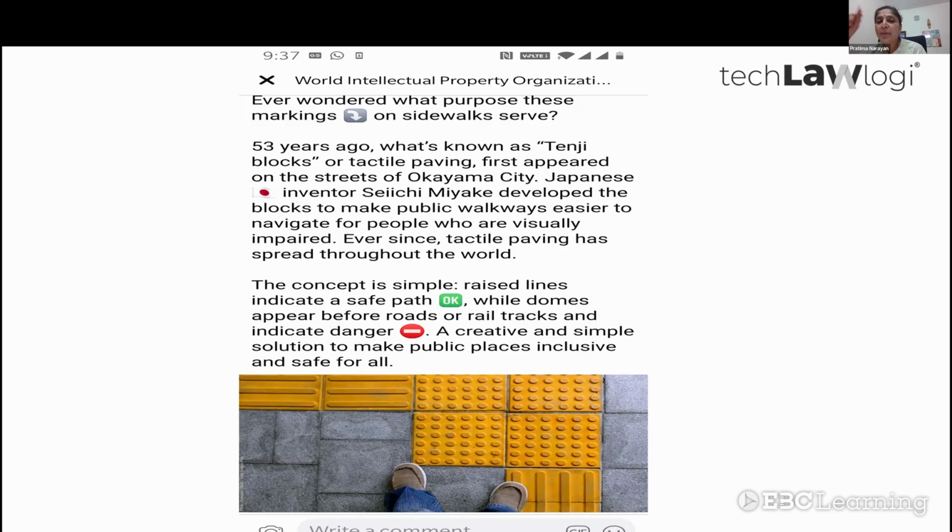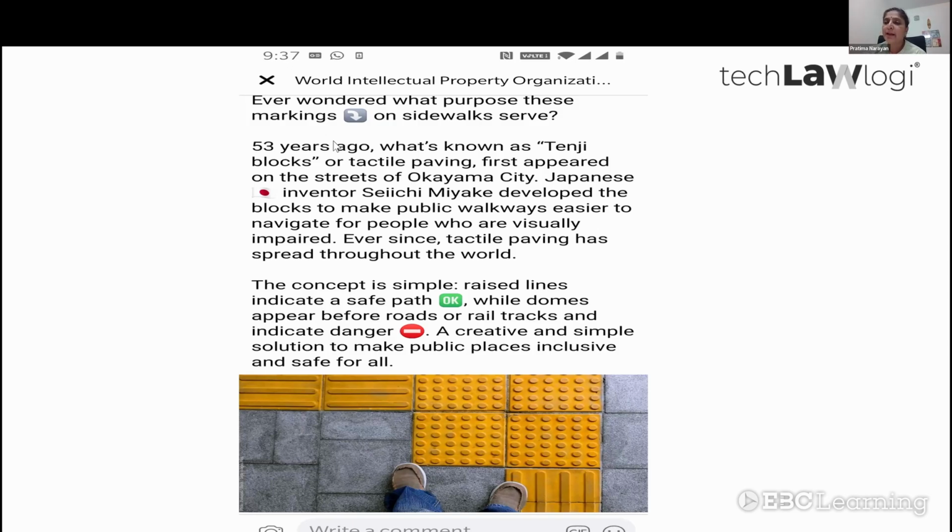Which is why a Japanese, if you see this explanation here, and this has been published by WIPO at some point in time. Many years back, there was this person in Japan who came up with this idea. Tiles, all of us know, right? We have known tiles for a very long time. But what this particular Japanese inventor did was he just made certain designs on the tiles which would enable the impaired persons to be able to use these public places